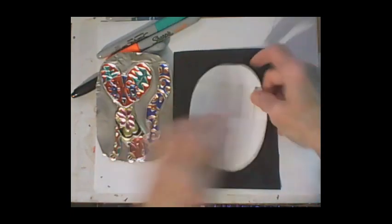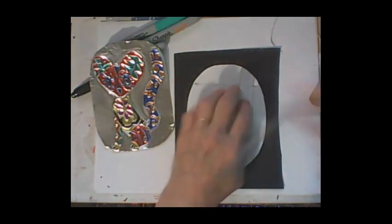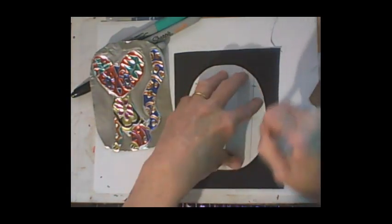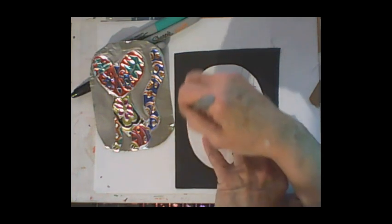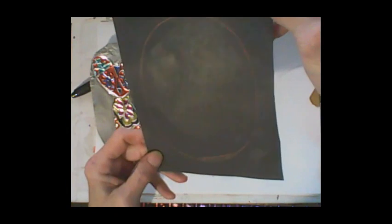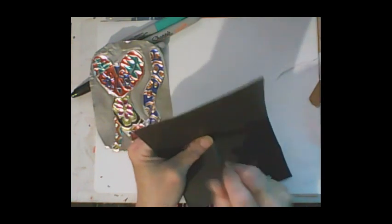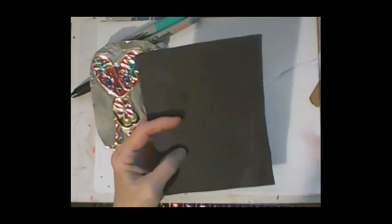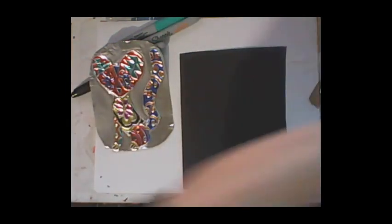Okay, so I'm going to turn it over and do this again. Okay, put it right in the center, and then trace it. And this way you can make a small picture frame for it. And you can't really see it too well, but if I turn it, you can. There you go. So see how I did that? And then I would just punch a hole in the middle and then cut that out. But I also want to make sure that the outside design is the way I want it to. So I'm going to make sure that it's straighter. So if you need to use a ruler to straighten it out,